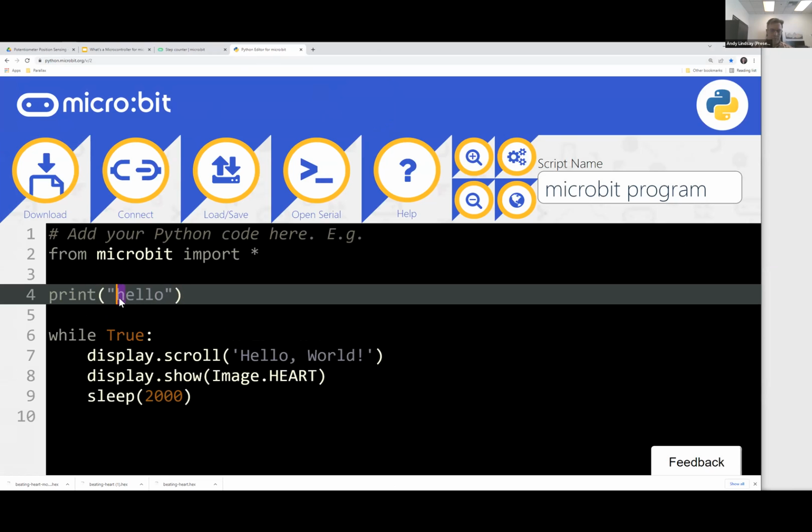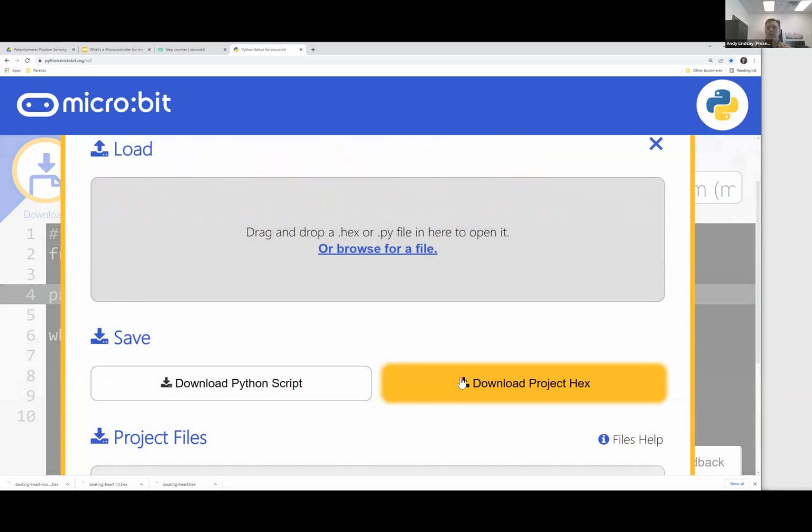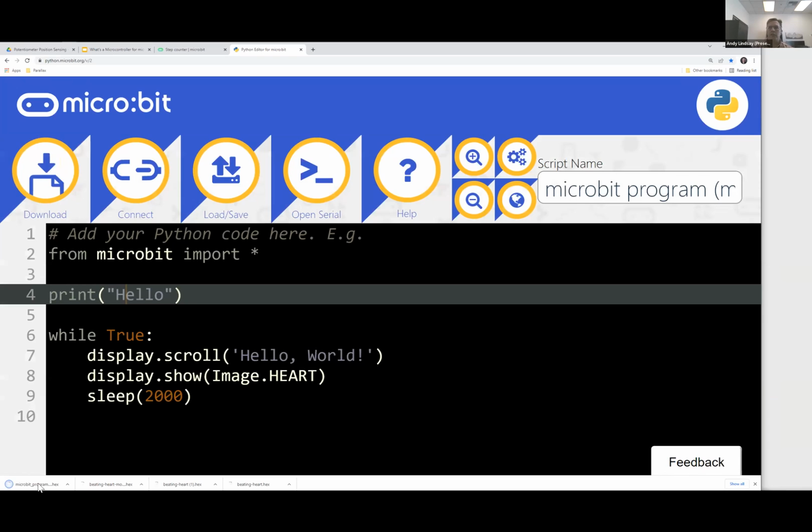All right, if I want to save that change, basically what you do is you change the name of the program. Granted, it will not overwrite the previous program, but the save as will allow you to say microbit program modified. And then when you hit load save and download project hex, you will have a file in your downloads labeled